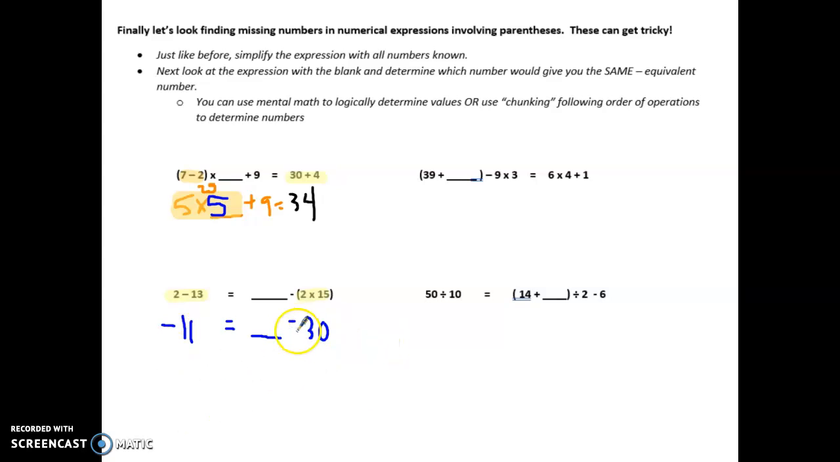Now, the negatives may throw you off. So if you think of the same idea of relationships, this is subtraction over here, right? We could flip it to addition, and it can help us solve as well. So negative 11 plus 30. And you're going to find your answer is 19. So again, whether you use your mental math,